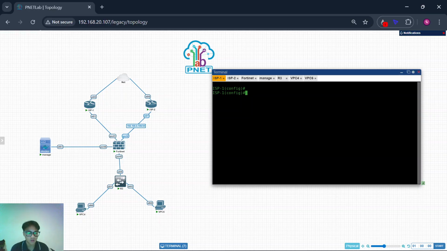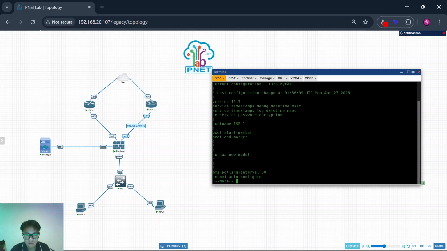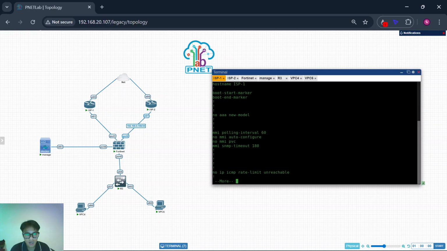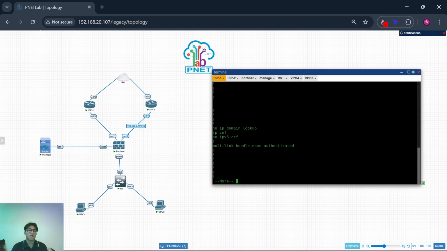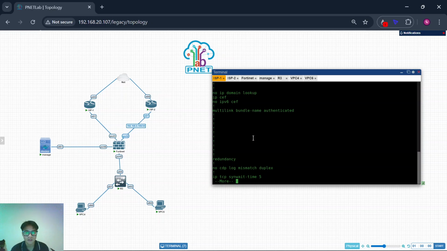So we call it failover or backup way. We use this failover for connecting to the internet.